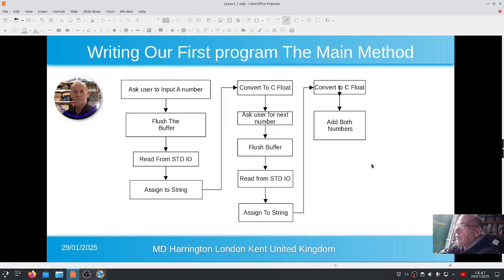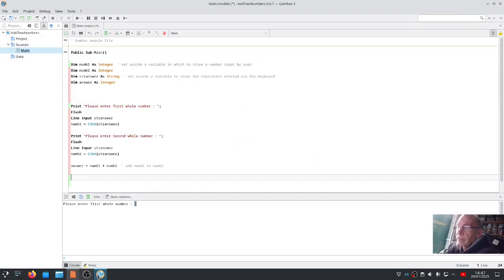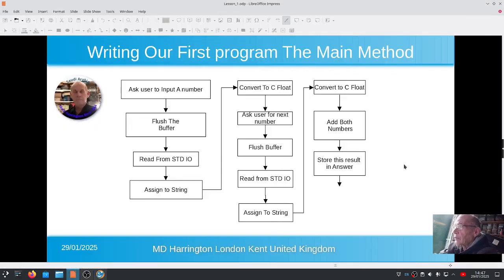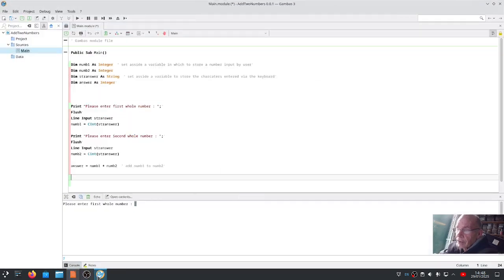Alright, having done that, we now need our final steps. Let's go back to the algorithm, and the algorithm is store this result in answer, so it follows the code directly. You can see how it's following the code. And then obviously print this result to standard I/O, standard I/O being your console or your screen. Right, so we come back to the code, and it's print the result of adding